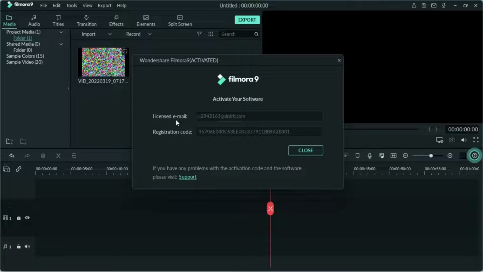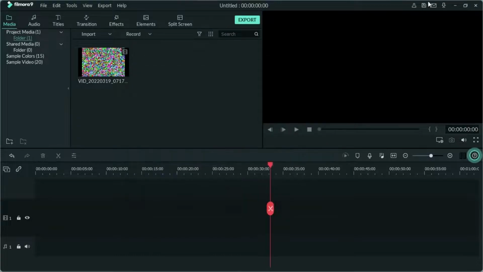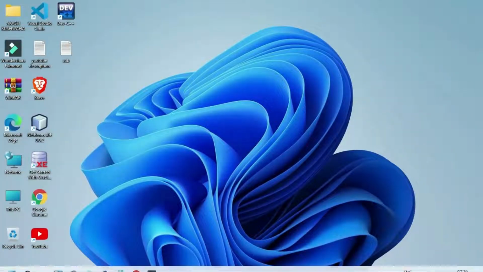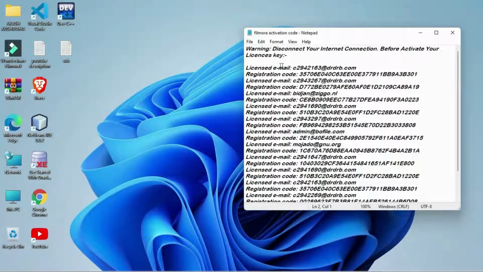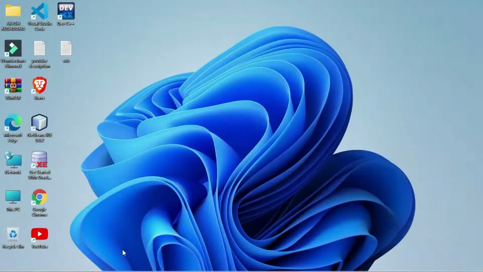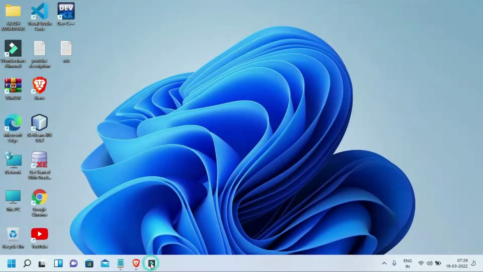These are the licensed email and registration code which are given in the description. You can take them from there and simply activate your Wondershare Filmora 9. So let me show you where this licensed email and registration code is. There are many licensed emails and registration codes. You have to take any one of them, the email and password, and simply put it here, and as you